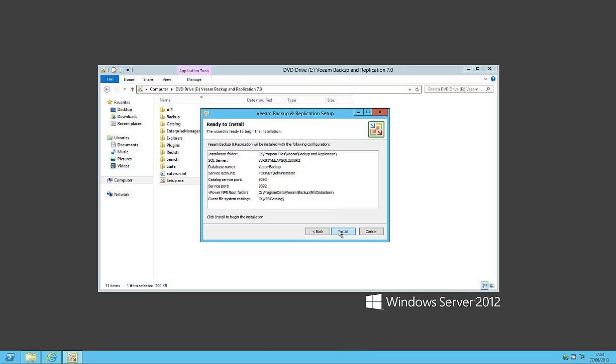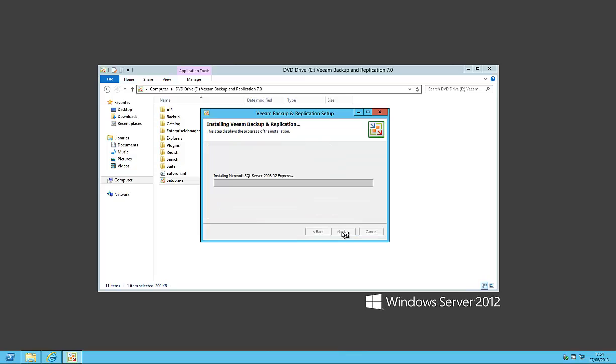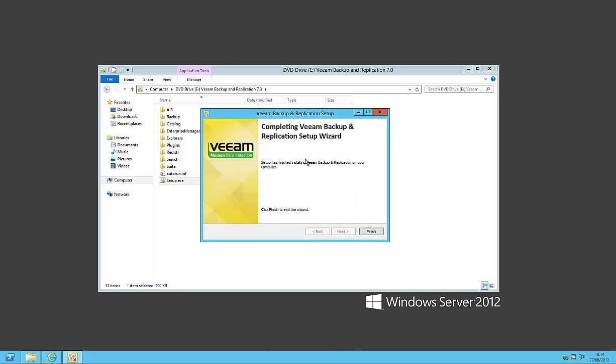If everything is filled in correctly and you are happy with the setup you are going to make, you can install the software. As you can see, Microsoft SQL Server 2008 R2 Express is being installed, and afterwards Veeam Backup and Replication version 7 will be installed. I will skip this part now and return when the installation is finished. As you can see, the installation is finished,